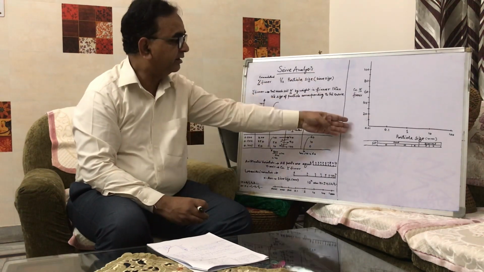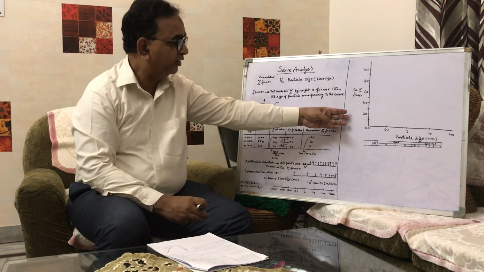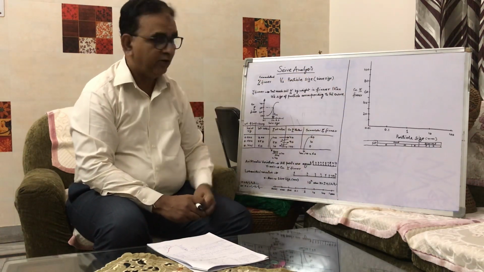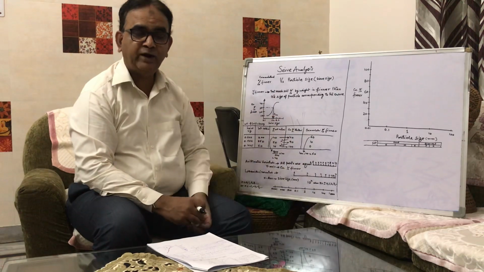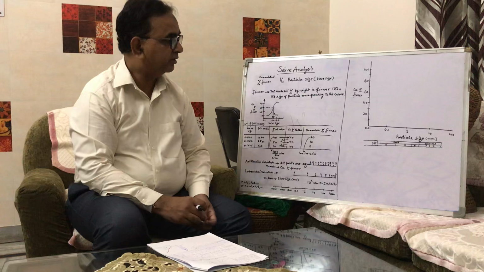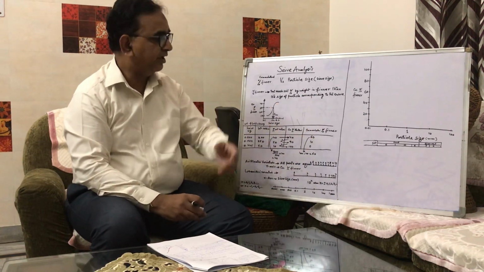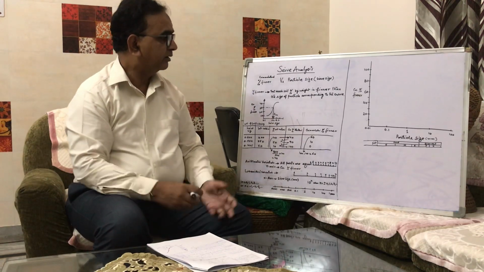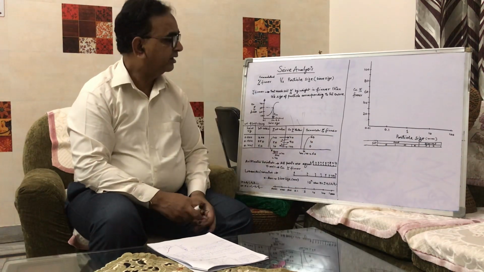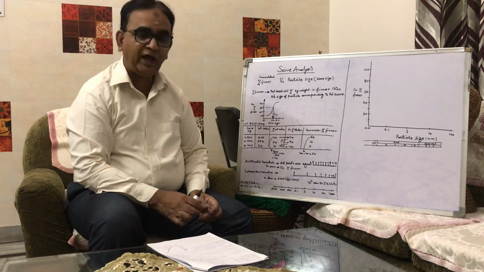So it is in the arithmetic variation, simply 10 equal parts, which may be 2 centimeters equal to 10% or 1 centimeter equal to 10%, whatever you desire, suitable as per your requirement and your problem. Now for the logarithmic variation, first of all, you have to find out the